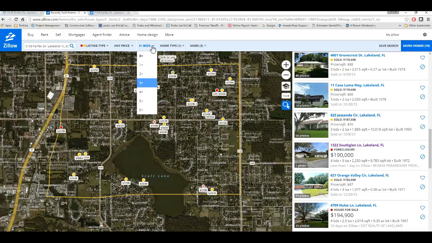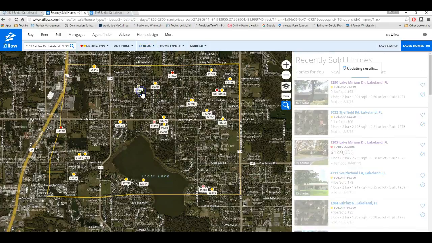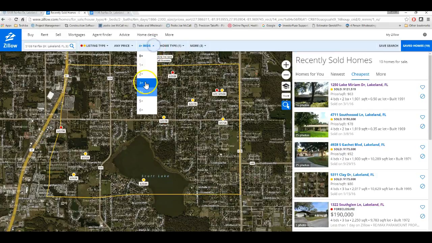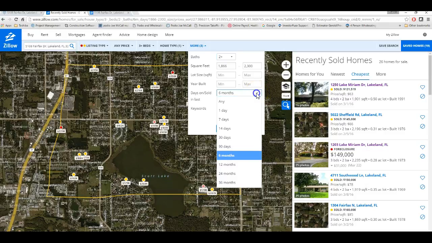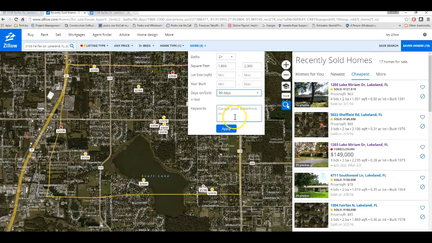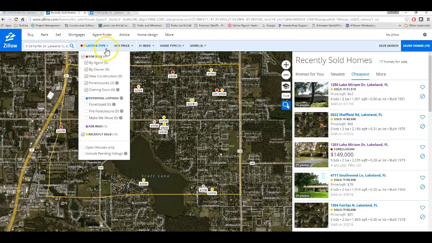Sometimes if you have a 4-bedroom house, there might not be a lot of 4-bedroom houses for sale, so you got to do 3 bedrooms and up. But make sure your square footage is close and your year built is close. But if you don't have a lot of comps, then you'll have to adjust that stuff. If you have a ton of comps, then you'll go, last 90 days, get the square footage real close, get the year built real close. So that is the long and the short of how to pull comps. And also don't forget to see what's for sale